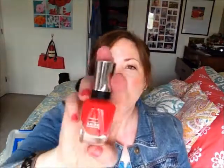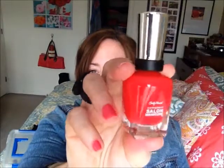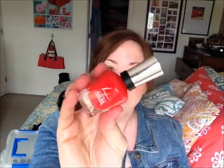And then we get into more of the corally shades. This is Kuka Mango from Sally Hansen, and I believe this came out as part of their spring collection this year. It's a new addition to my collection, or it could have been leftover from last year, but they've got so many shades in this line, and this is a really, really good formula as well. And the price point can be a little bit higher, I find, depending on where you're shopping. It's around the same as an Essie nail polish,